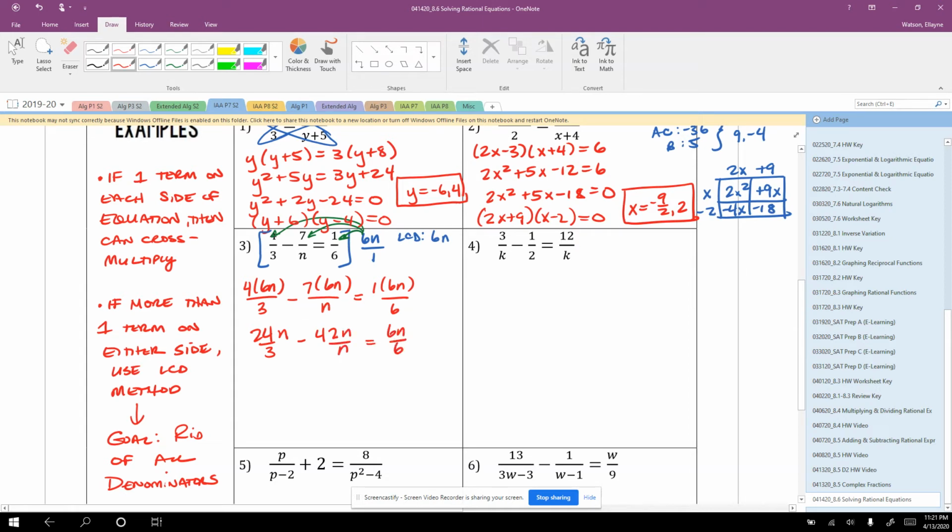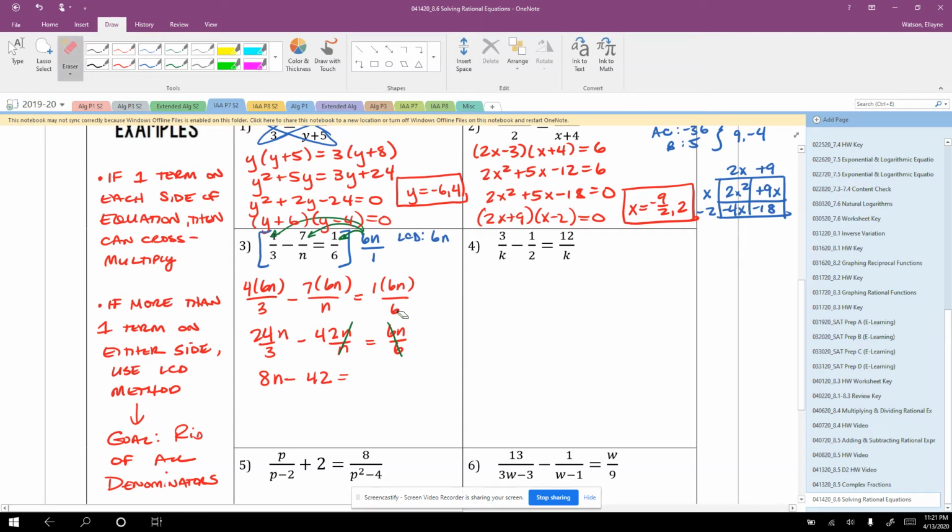And hopefully you're seeing it. What happens here by multiplying both sides of the equation by the least common denominator is that a bunch of things cancel out. Okay, and so let's cancel out, let's reduce. We're going to have 8n minus 42 is equal to,